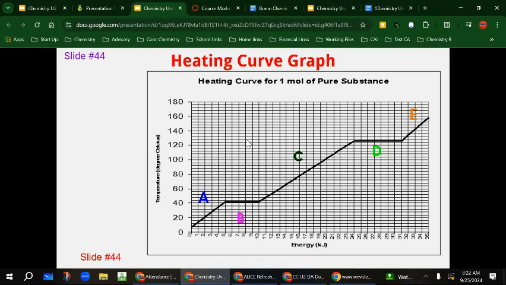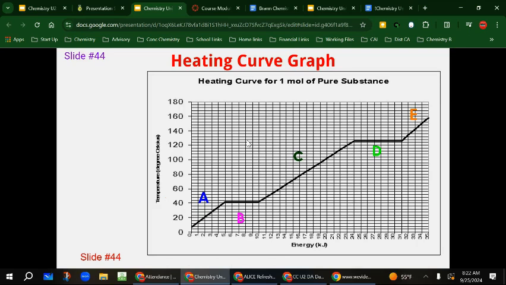It's the heating curve of a pure substance, ladies and gentlemen. A pure substance just means only one thing is there. And this is the heating curve of a pure substance. Okay? Now,